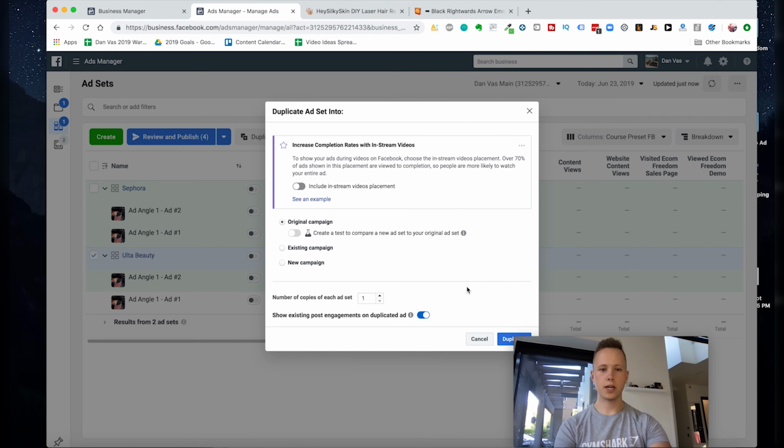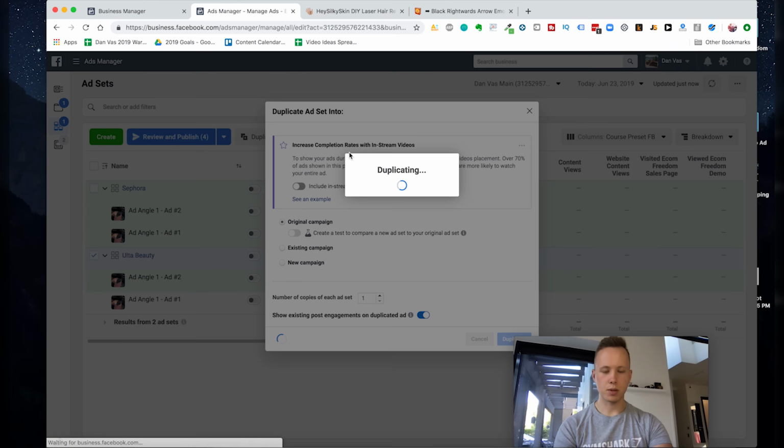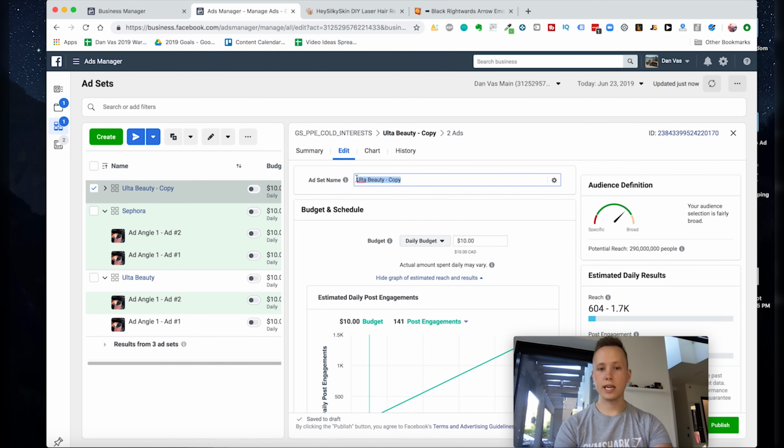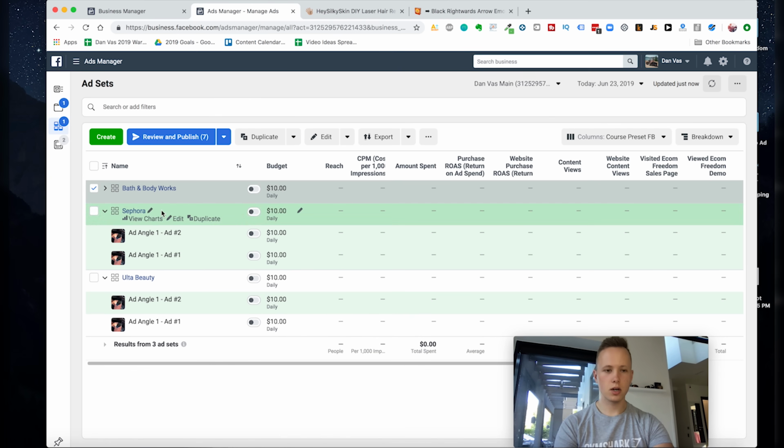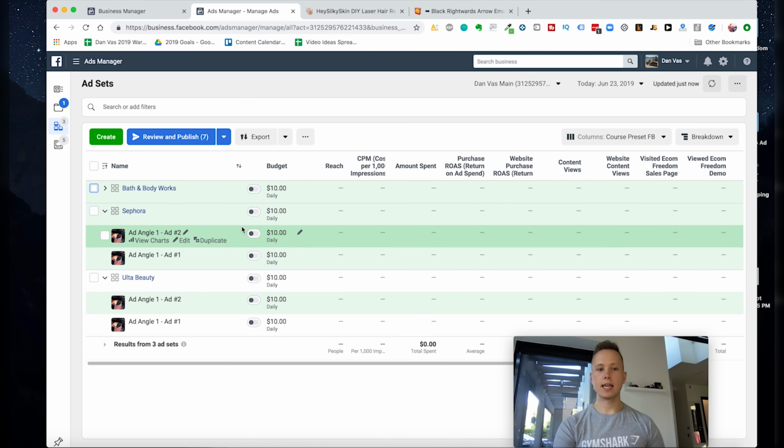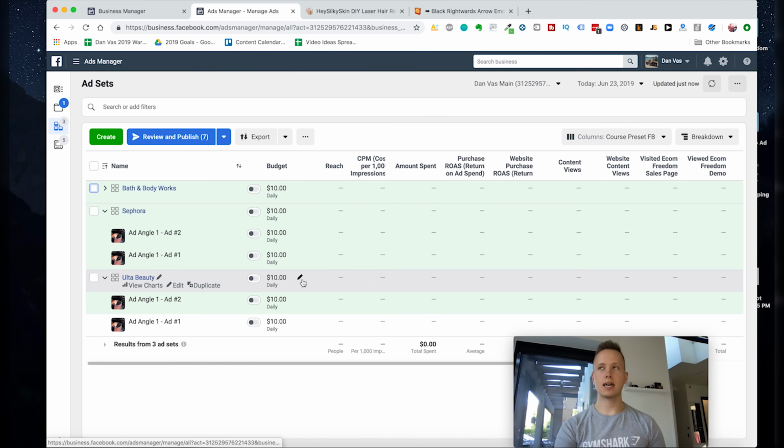And now we go and do Bath & Body Works, so original campaign. Bath & Body Works. And you can only do 3 if you're really on a tight budget. Just do 3 interests. All right, Bath & Body Works, $10. Same thing, there you go. And we're running engagement. And now you want to let this run for at least, I would say, the first